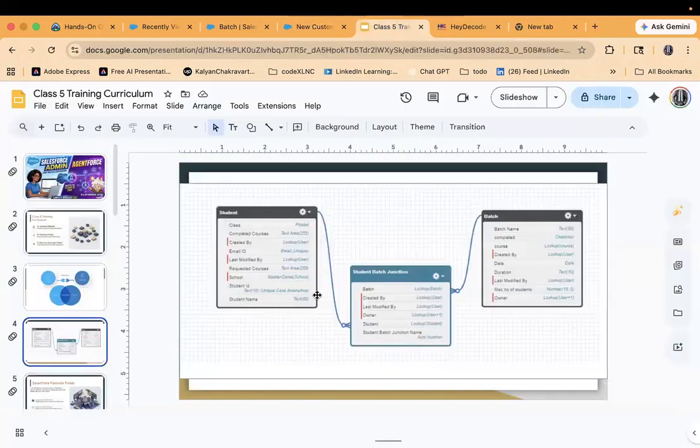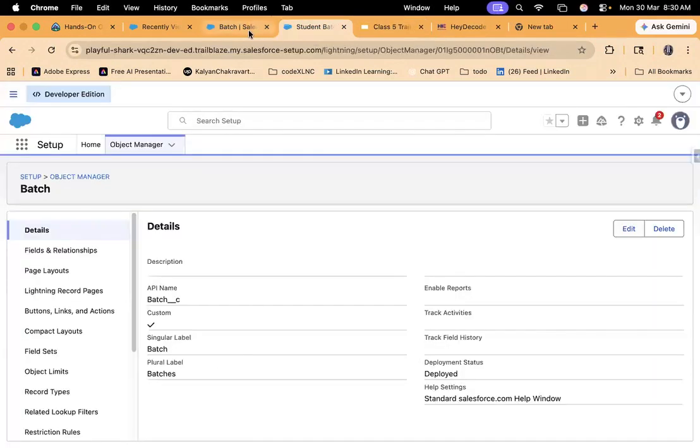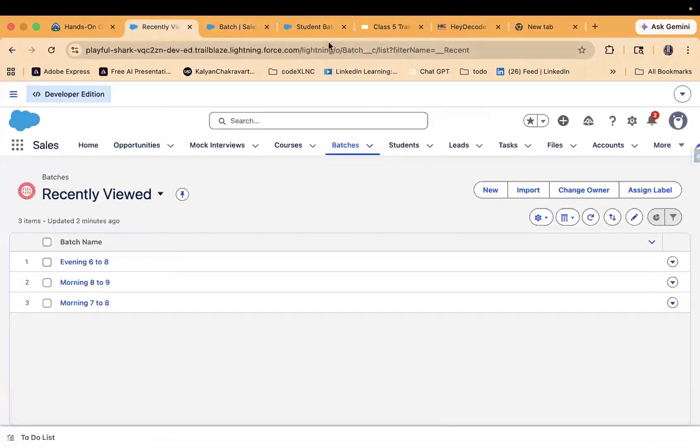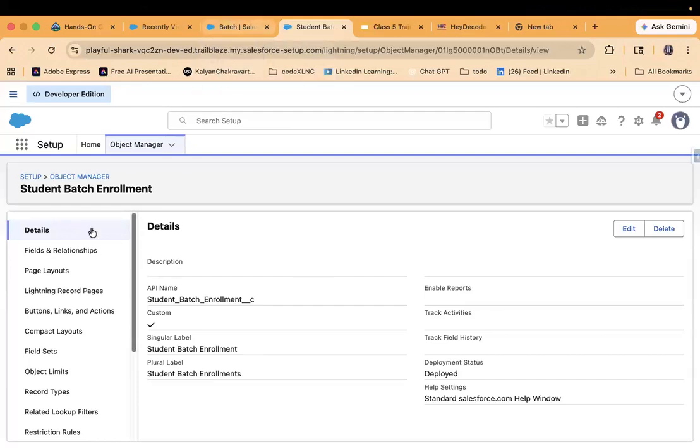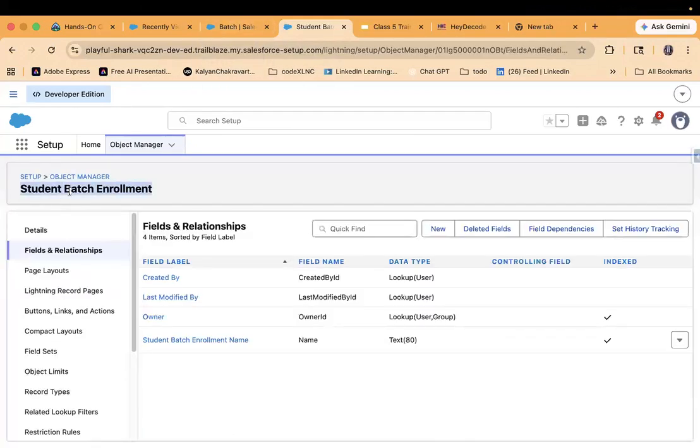Now what is the next step? This junction object should be a child for which two objects? The student object and the batch object. Because for these two, I want to create a relationship. That's the reason I'm using another object here. Now go to fields and relationships in the student batch enrollment object, which we are treating as a junction object. Create a new field,